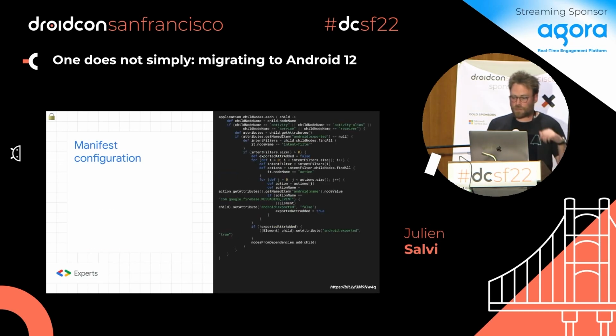So this is like a big piece of code, but you can find the whole thing with the link just below here. So we're gonna use a bit of Gradle script here to check for each third-party library which component is exported or not. This will help us to migrate a bit faster and check what is missing and what needs to be